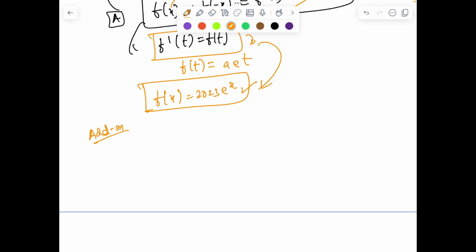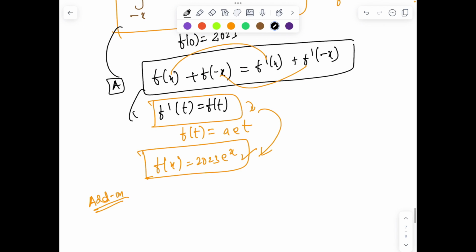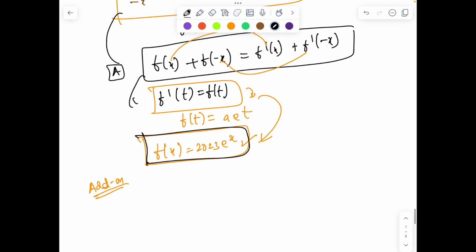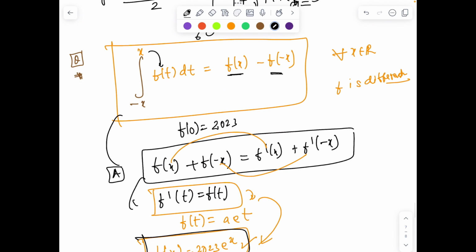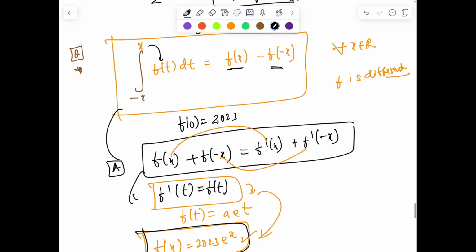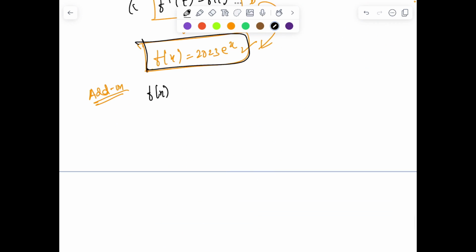So an add-on is, for the first time when the question came to me, of course I went with Leibnizization, and one of these possible solutions is this. Can you give more solutions? The answer is yes, infinite, because there is no further restriction. So the symmetry of the equation around x equal to 0 forces us to think about even and odd functions, right? And you can quickly notice that if I take a case when f of x is even,